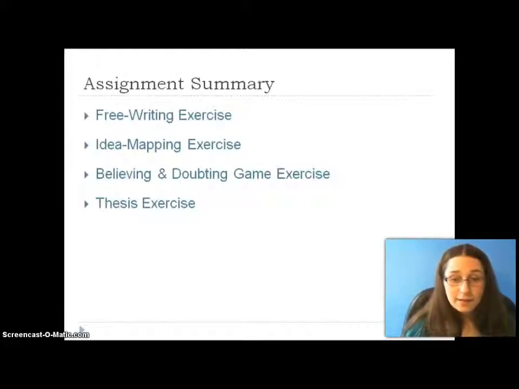The believing and doubting game exercise requires you to, again, do some brainstorming, one side supporting an idea, the other side denying an idea, and then putting your reflection on Blackboard. In addition to putting your reflection for the believing and doubting game, be sure to also respond to at least 2 other posts. And lastly, for your thesis exercise, you're coming up with 2 different thesis statements and considering the different factors that cause those thesis